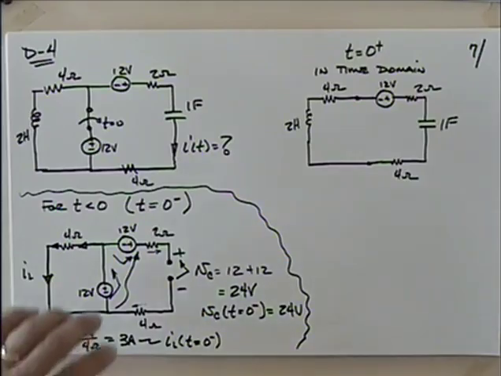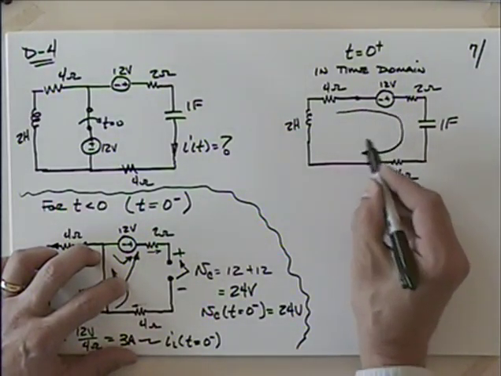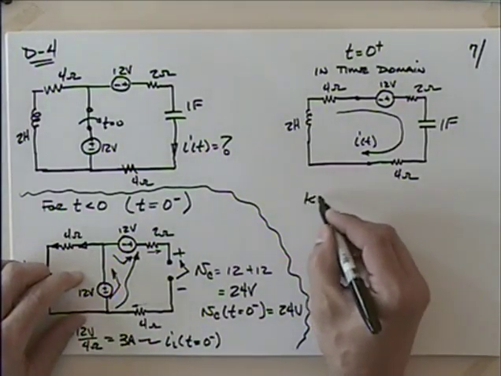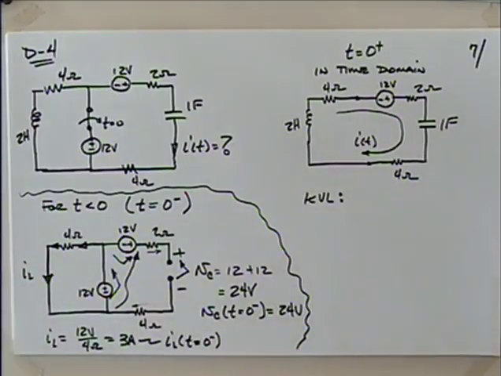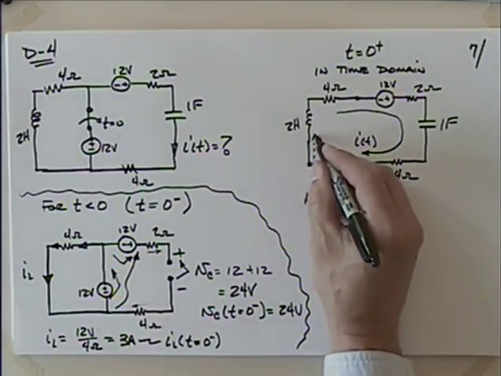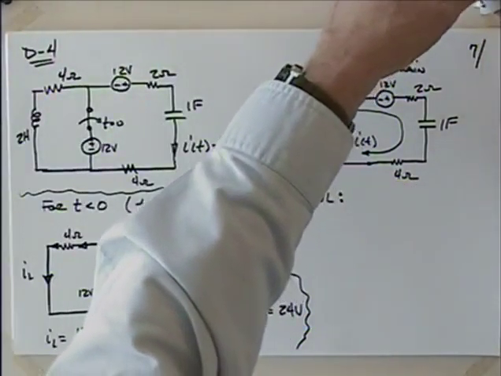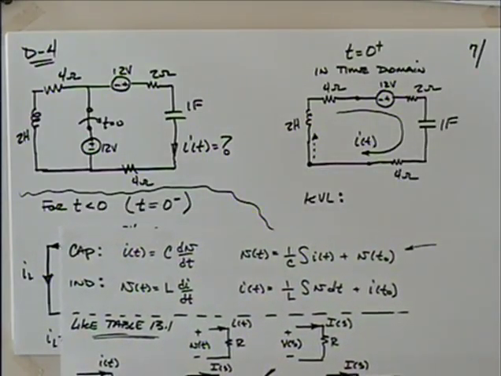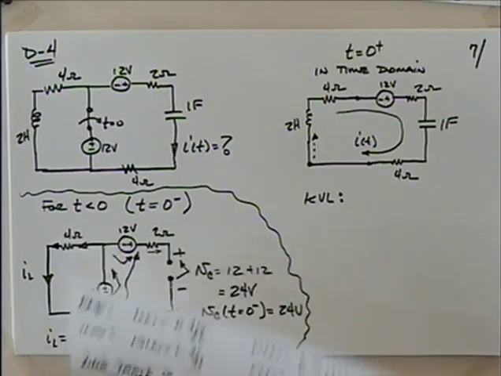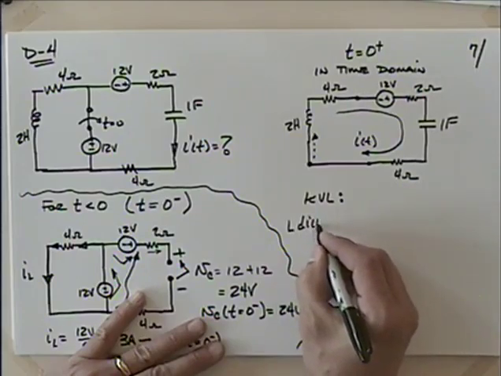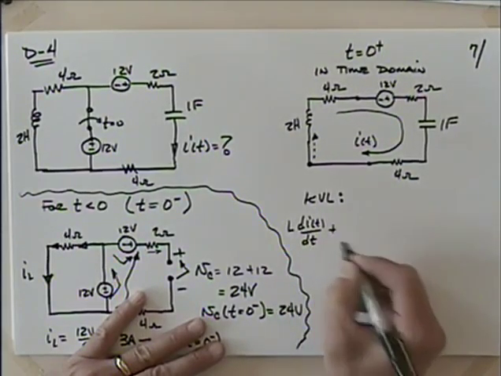Everyone's okay with that? I like currents clockwise, so I'm just going to assume I of t goes that direction. And I'm going to write my Kirchhoff's voltage law. Very similar to what we would have done with a DC problem, but we'll have some terms that wouldn't have cropped up with a DC. So if I start right here and work my way through this inductor, we go to our note sheet here. What do we know about inductors? What's the voltage through an inductor? L di dt, right? So I've got L di dt plus,